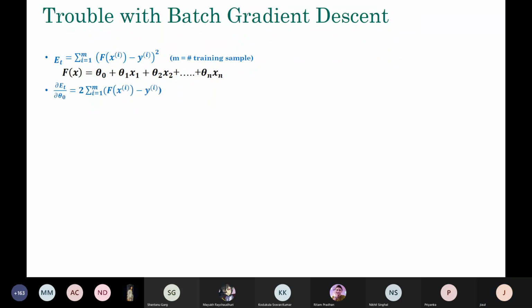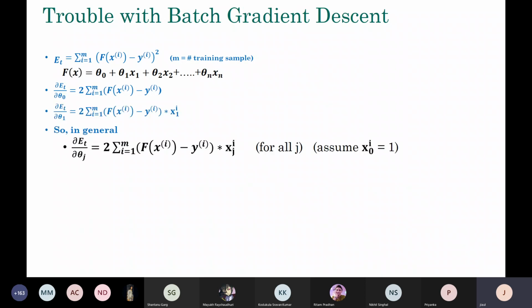Now, if you compute the derivative of E_t with respect to theta 0, one parameter, then you are going to get something like this. This is a trivial derivative. You can do it when you have some free time, just plain. So del E_t del theta 1 also is going to be something like this. It's just plain derivative you can do, and so on and so forth.